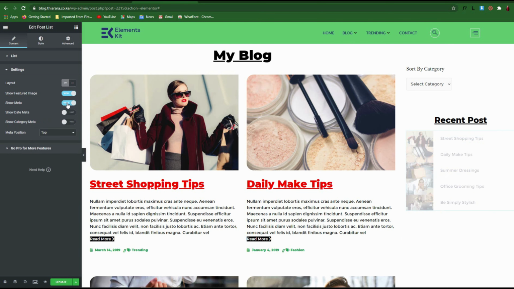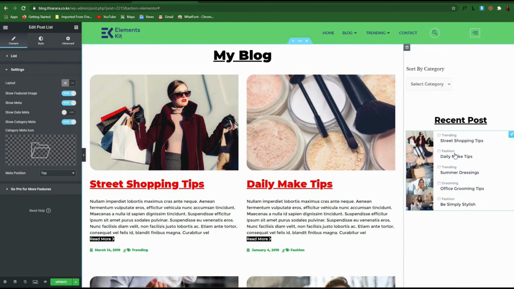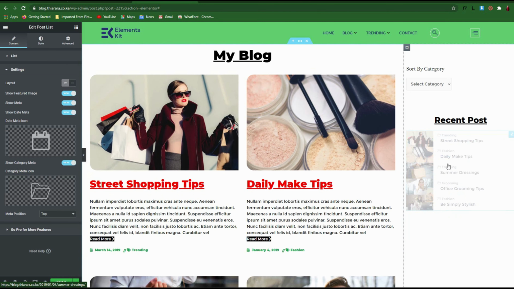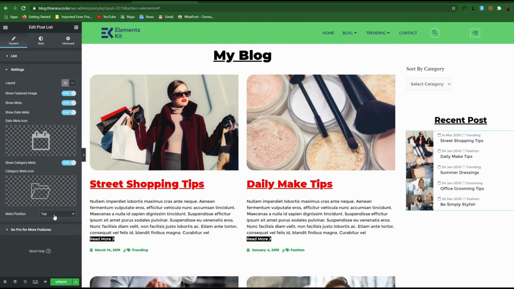also show meta. After that, you need to show category like that. You see, now we have the category, and you can also add a date meta like that. From there you can see this, I want this to be under the heading, so I bring it